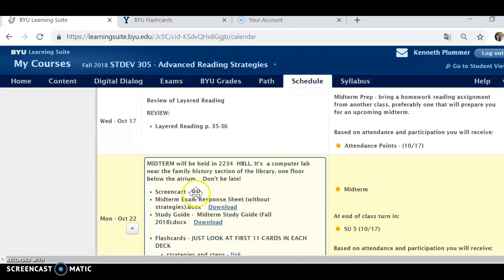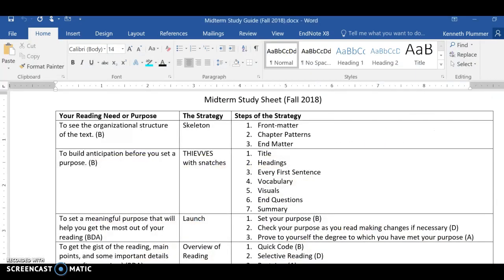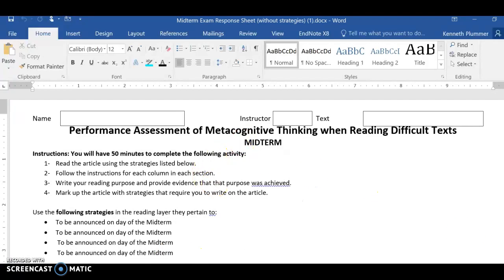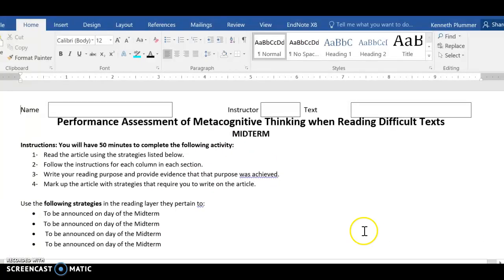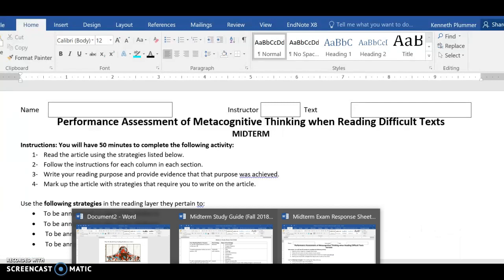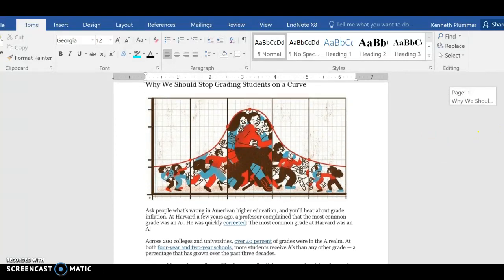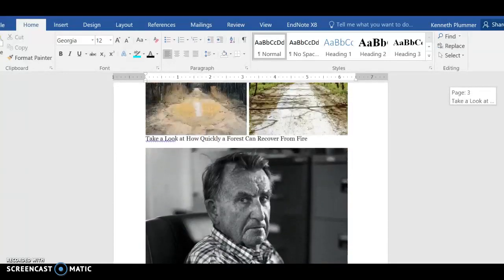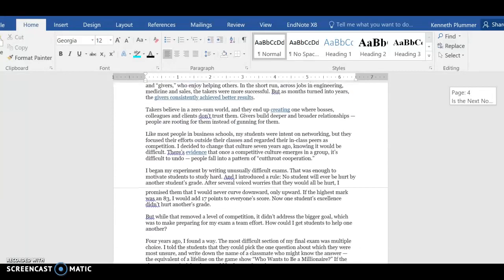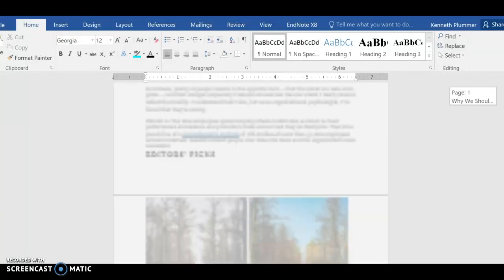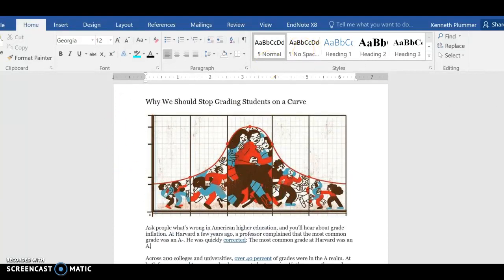First, what you can do here is click on the midterm exam response sheet. So we'll click on that, and this has your instructions. This is what you'll see on the day of the midterm. So we will give you an article, and I will hand that article out to you. An article will look something like this. This isn't the article, but it would be something like this. And so you would have probably about 2 pages worth. Okay, that's a lot more without those images, but you would have about 2 pages worth of text. And then